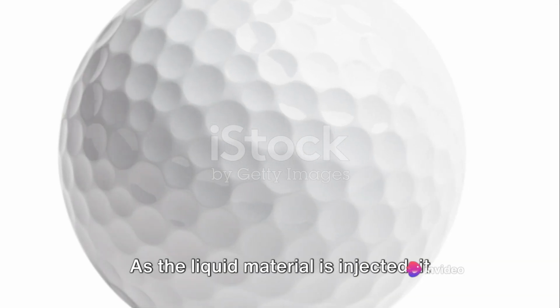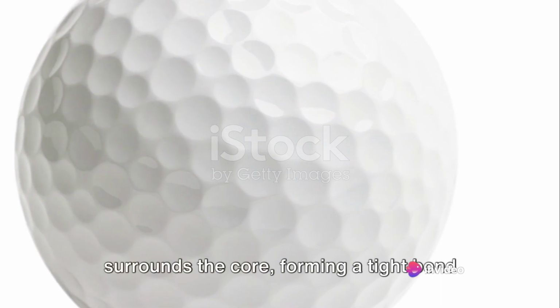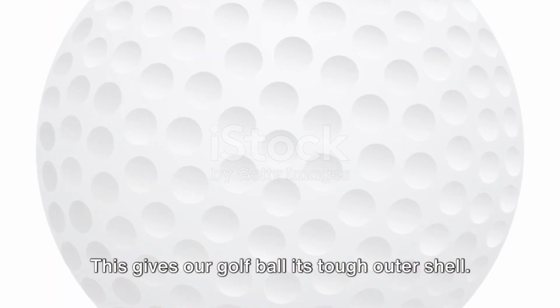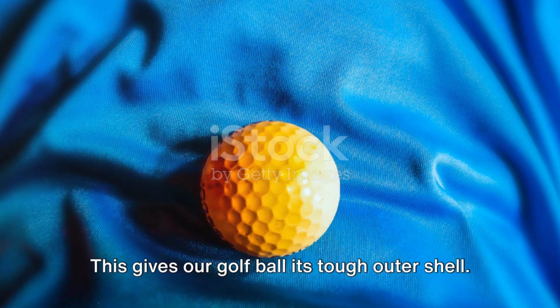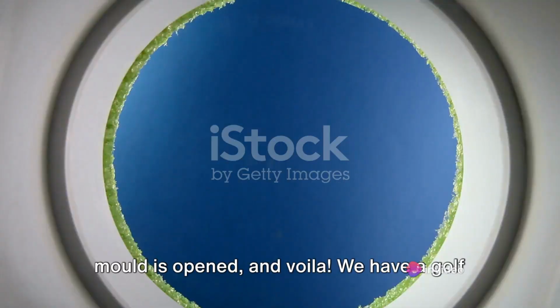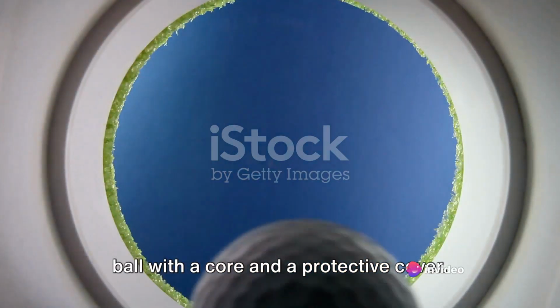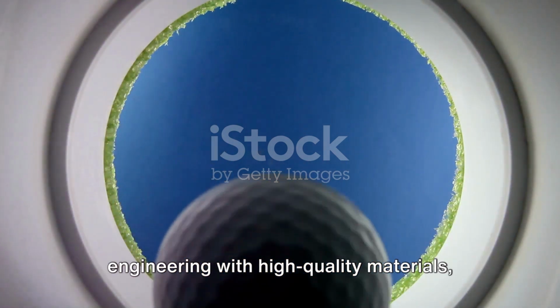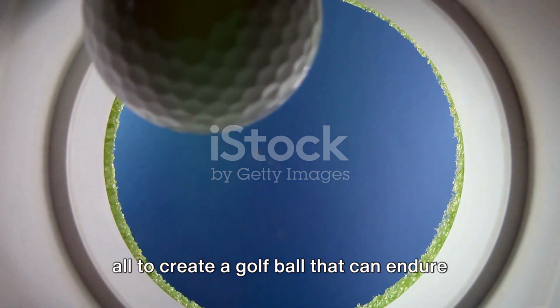As the liquid material is injected, it surrounds the core, forming a tight bond with the rubber. This gives our golf ball its tough outer shell. Once the material cools and hardens, the mold is opened and voila! We have a golf ball with a core and a protective cover. It's a process that marries precision engineering with high-quality materials, all to create a golf ball that can endure the